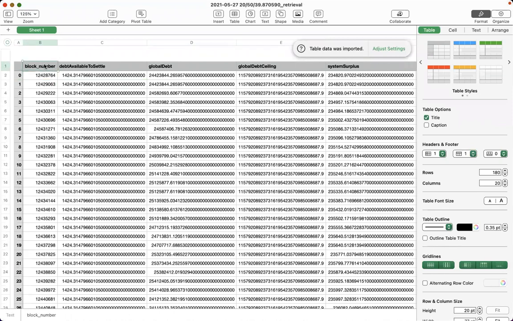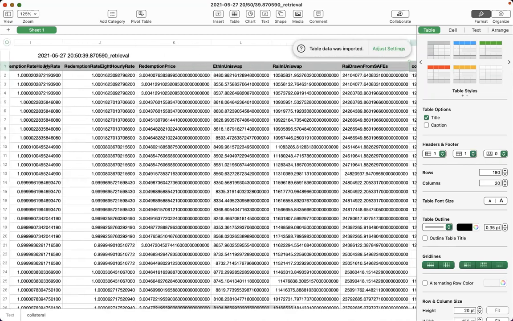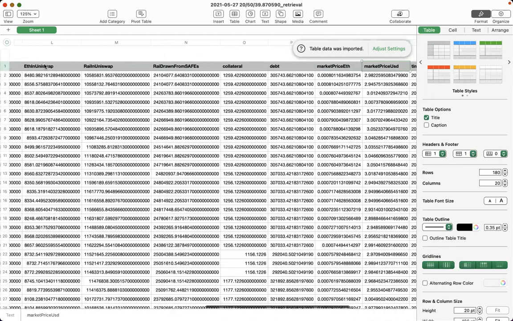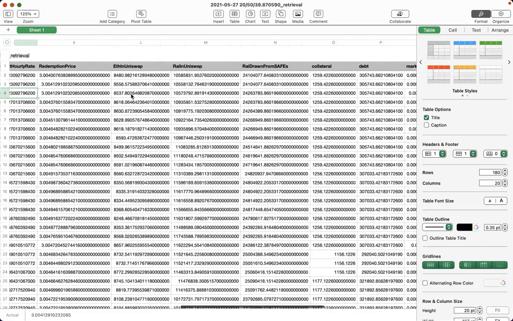So we have, for example, block number, depth available to set, global depth. I won't go into too much detail of why specifically we are getting all of those, because in the end, they are going to be used for feeding the backtest and also the extrapolation. But the point is, this is one kind of input. And theoretically, you could modify that file and use the use last file argument so that you have an alternate history.